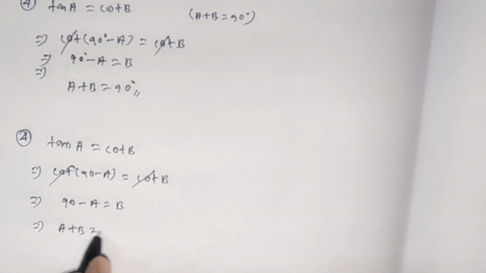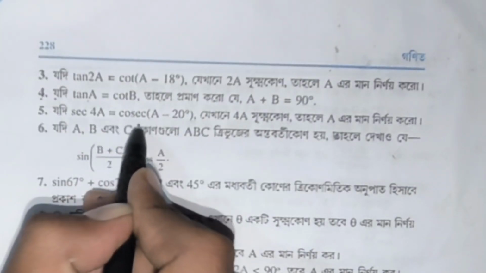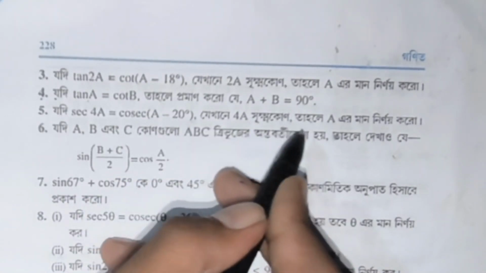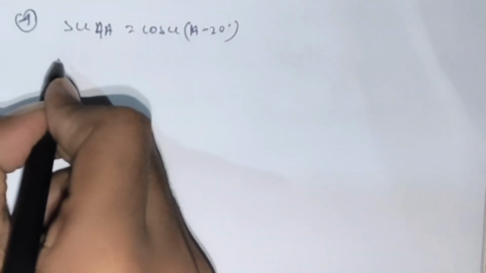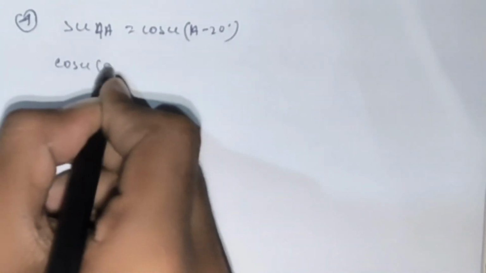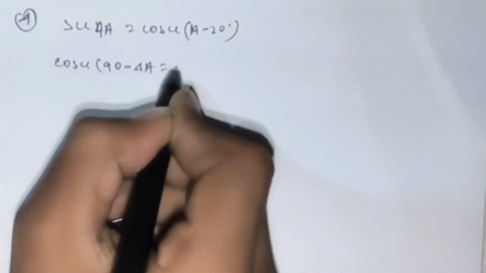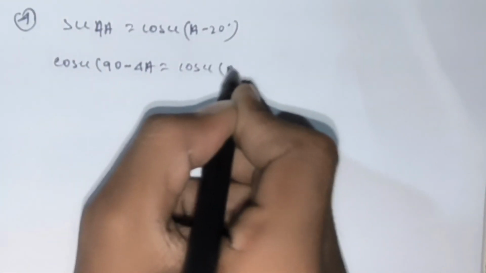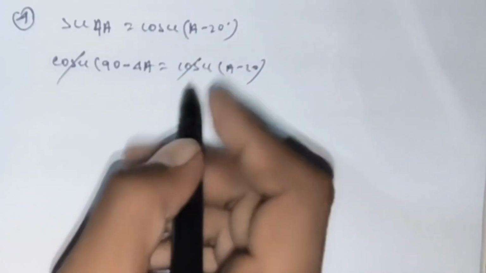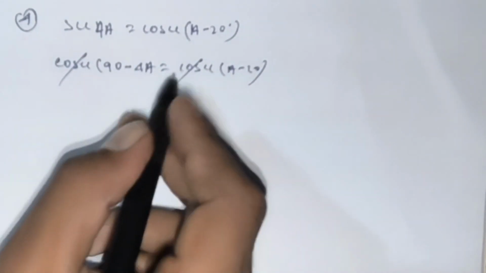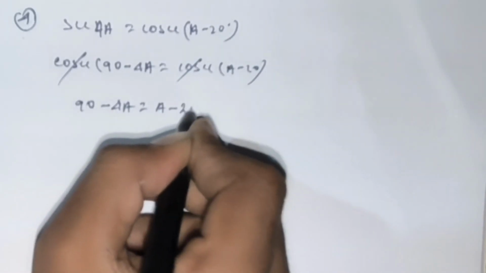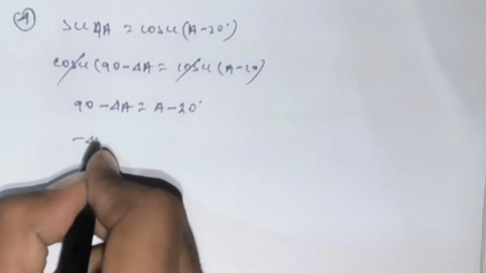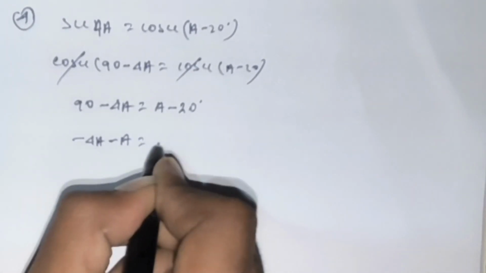So a plus b is equal to 90 degree, hence proved। Question number 5, যদি sec 4a = cosec(a - 20 ডিগ্রি), যেখানে 4a সূক্ষ্ম কোণ, তাহলে a এর মান নির্ণয় করো। sec 4a = cosec(a - 20), আমরা sec 4a লিখতে পারি cosec(90 - 4a) = cosec(a - 20)। So cosec getting cancel, 90 - 4a = a - 20 degree। So minus 4a minus a is equal to